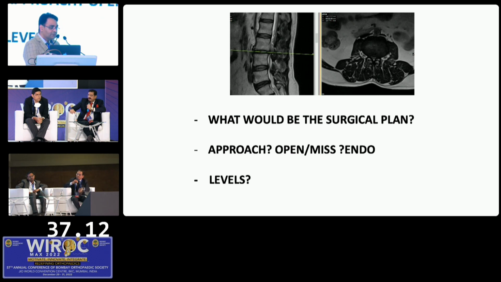Sir, as this is actually L2-L3 because this is sacralized, are there any special precautions we need to take as we go up, because the interpedicular distance is less, so we might just cut off more facet and cause instability? Yeah, like at L4-5 and L5-S1, we have adequate space available, and the pushing of the cord is not a major issue. But at L2-3 level, you should not do that. No pushing of the cord at all.